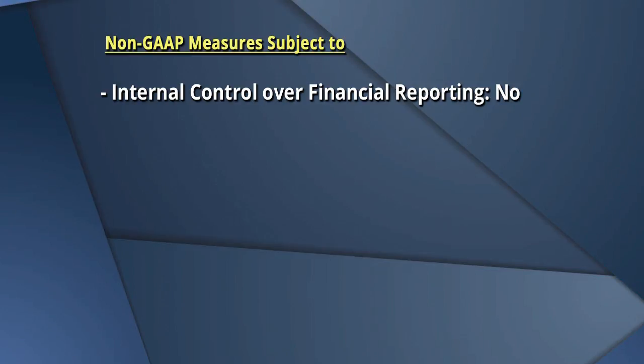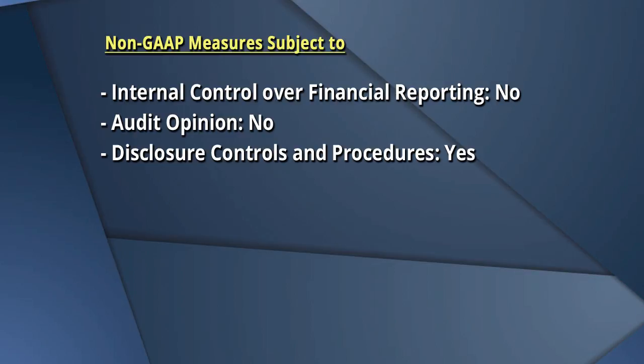I guess I would start just so we get the basic ground rules. The non-GAAP measures are not subject to ICFR. They're not subject to the audit opinion. Obviously, the underlying financial information is. But they are subject to disclosure controls and procedures. If they appear in a 10K or a 10Q or in a proxy, and we'll come back to proxies in a little bit,